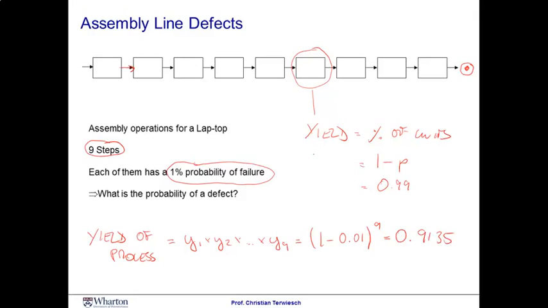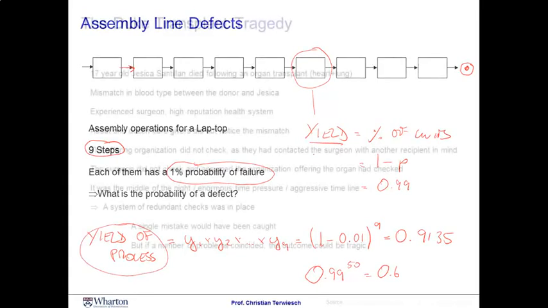You notice here the power of the exponent. If I take, just for the sake of illustration, even a 99% probability of doing something correct, and I have many steps, say for the sake of argument I have 50 steps in the process, my probability of producing something correct at the end of the process, my process yield, is about 60%. Thus, even small defect probabilities in assembly lines or in processes with many operations can accumulate a lot of problems at the end. So those are the ideas of yield, process yield, and defect probabilities.